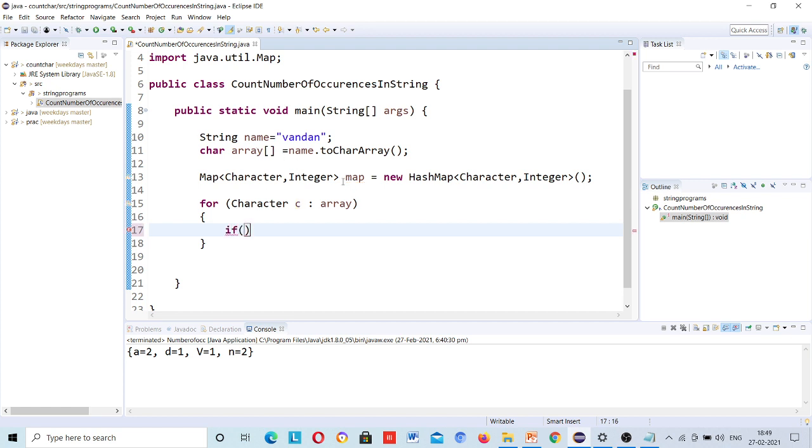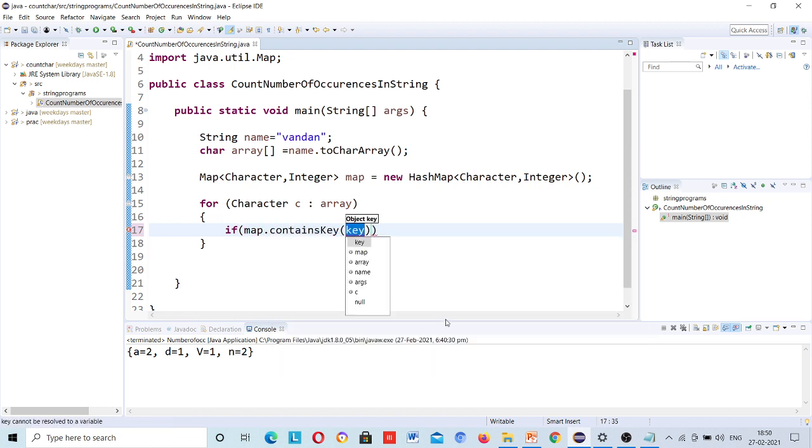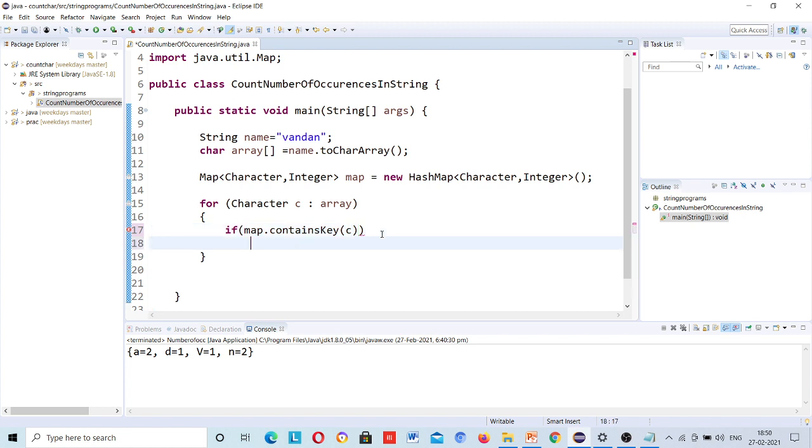If map dot containsKey is a method, and first time this array will pass its first character to this C, and this C will be holding V the first time, and A the second time. Okay, so I will pass this C over here. Okay, so if there will be a key,